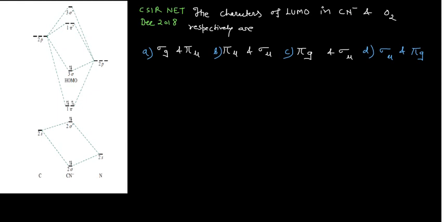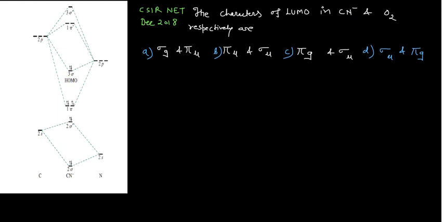So for this you have to have an idea about the HOMO and the LUMO. So what are the HOMO and the LUMO? See, HOMO is the highest occupied molecular orbital. See guys, I already told you it is impossible for you to determine the correct term symbol, or correct characters for any orbital, if you don't know how to draw the molecular orbital diagram. So it is mandatory for you to learn the molecular orbital diagram, especially for the heteronuclear diatomic molecules. You cannot apply that system here.